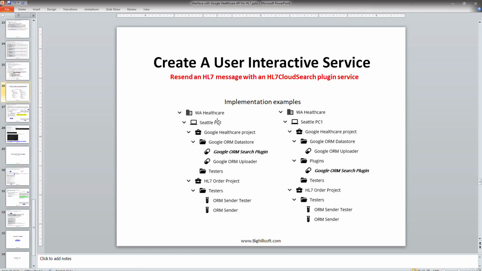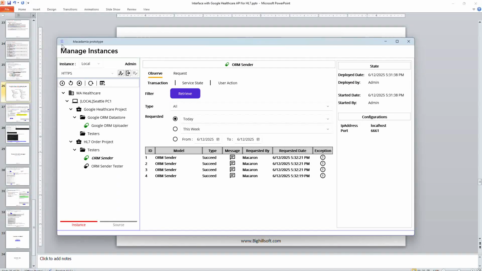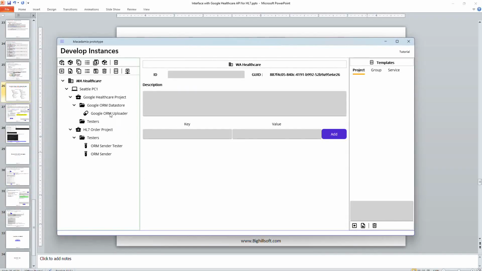Because this is the user interactive one, what that exactly means is we will use a special UI, and the special UI has the area to type the conditions to retrieve the HL7 message stored on the HL7v2 data store. So we may need to create another folder named plugins and put the new service under the plugins folder to make sure the service related to the plugin is